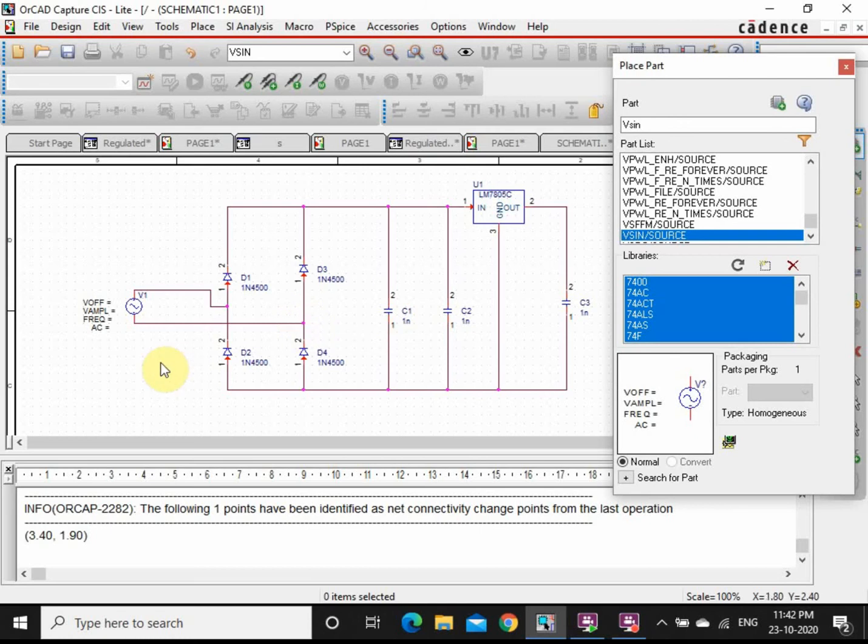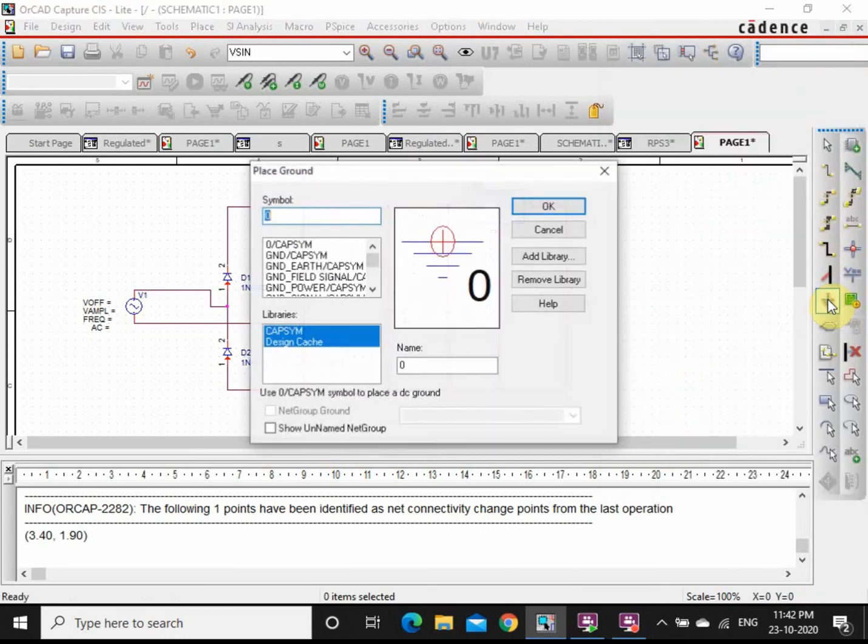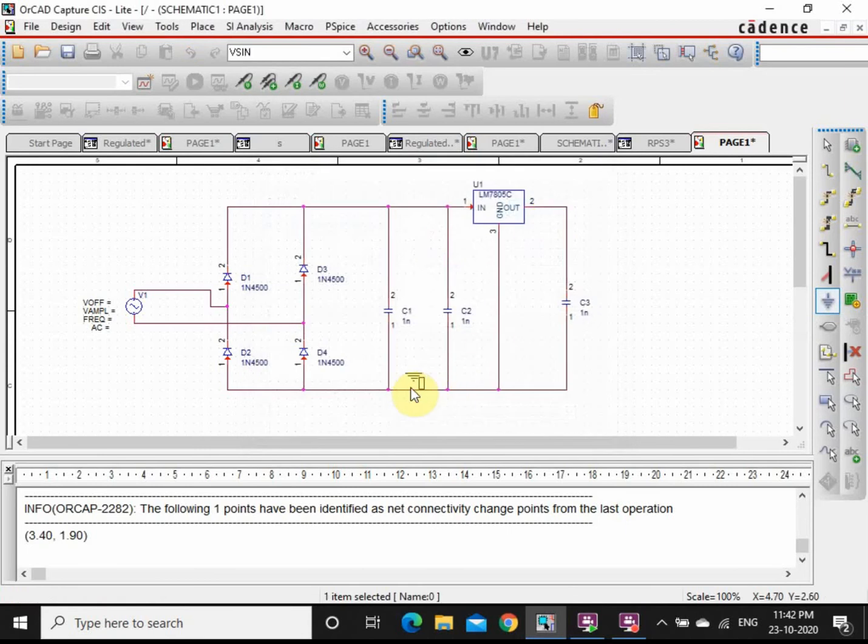Escape. Next I have to connect the ground. To connect the ground, you can close your part here. This ground is here. Click the ground here. Your zero value should be there. Now connect it at this point. You are going to have the ground connection. Now escape.